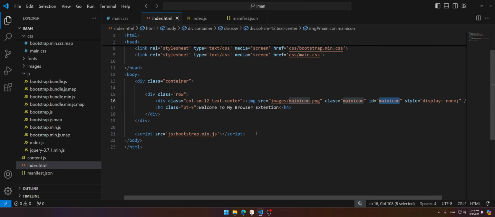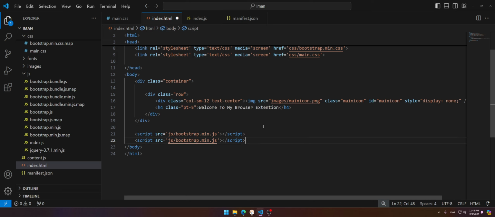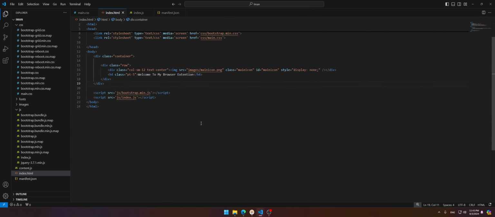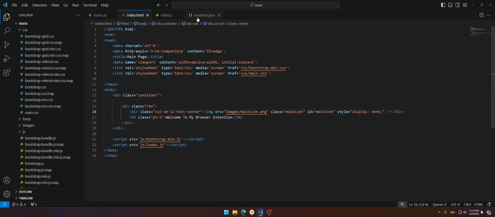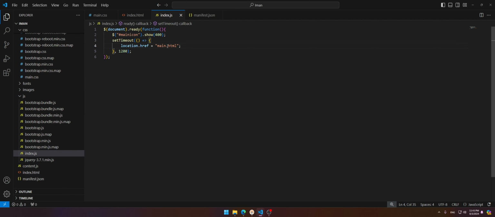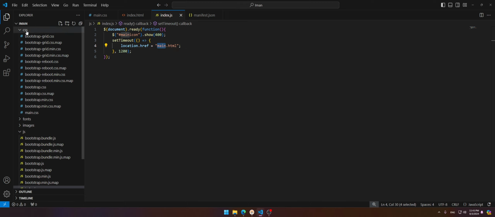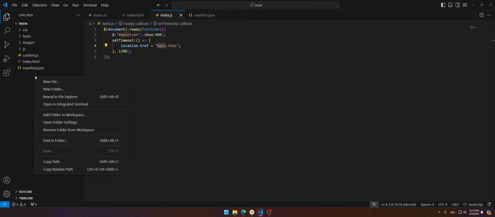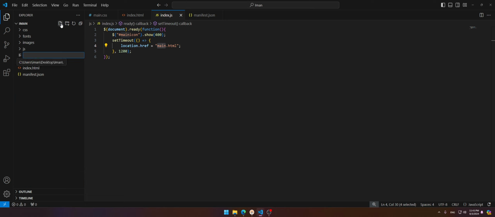So we get back here, and after this script we're going to have index.js. So we have it here, and let's move back here. I'm going to put this file here,